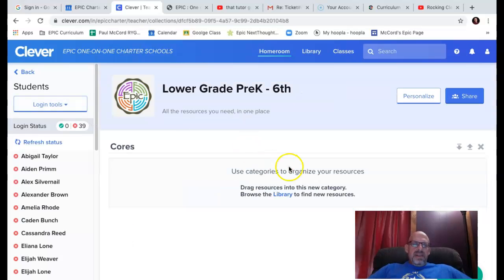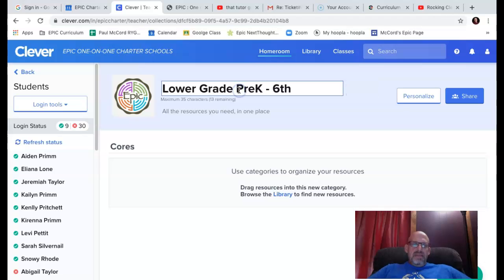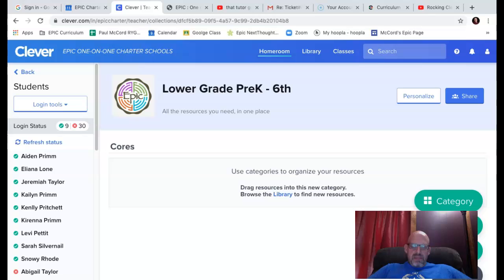When I get into the page, I haven't made this one up yet. This is where I name the page. Okay. But what I'm going to do is come here and add, and the cool thing is they have a lot of them already made for you. If I want to create a new category, I can do that. I'll show you in just a second. But add, and let's say I'm going to create